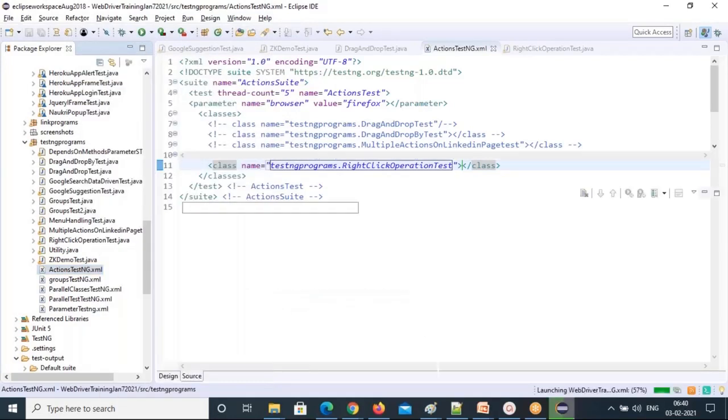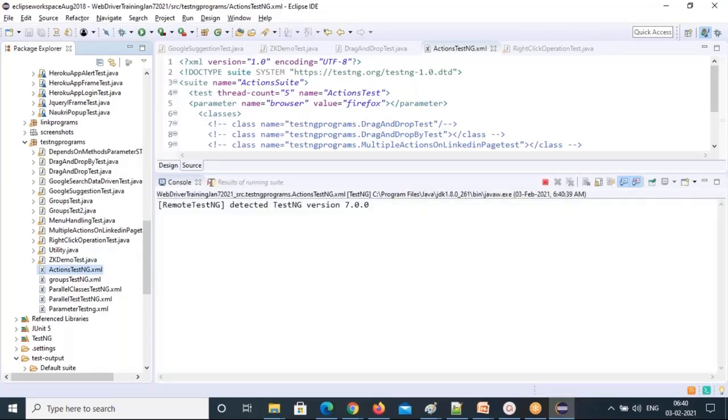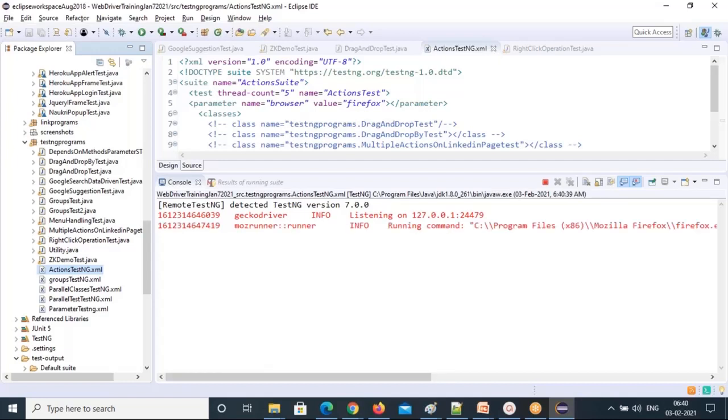Then browser will open. So Firefox, right? We have given Firefox browser. Firefox browser will open. Yes, Firefox browser is open. Google website will open.